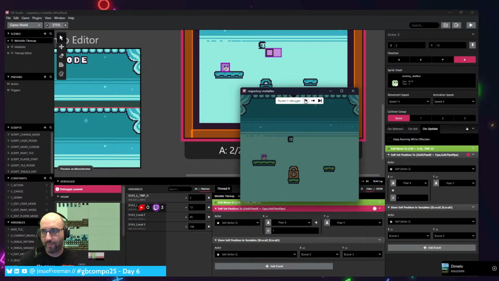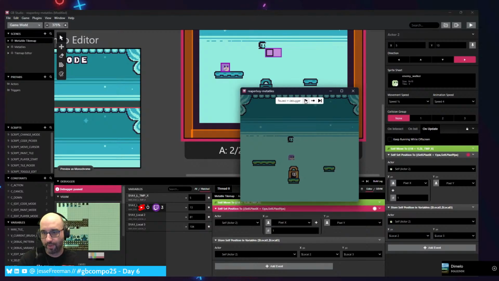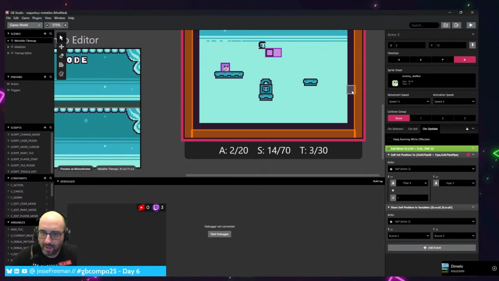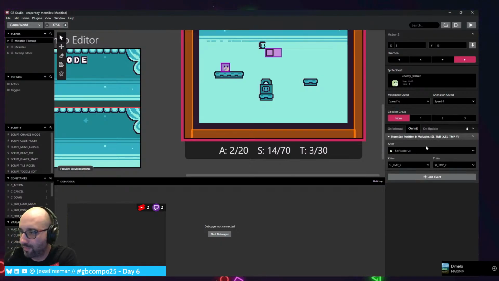All right. So something else somewhere is messing up that local, that pixel X and pixel Y. But you can see the local 2 is now incrementing correctly. So I don't know what's corrupting this. All I know is that store the self position of X and Y. But init should only get called once. And on update,